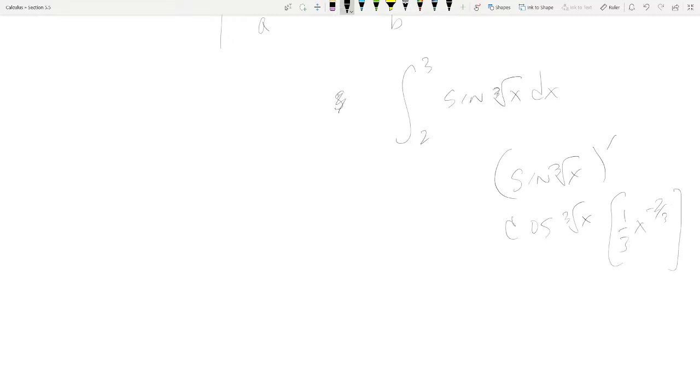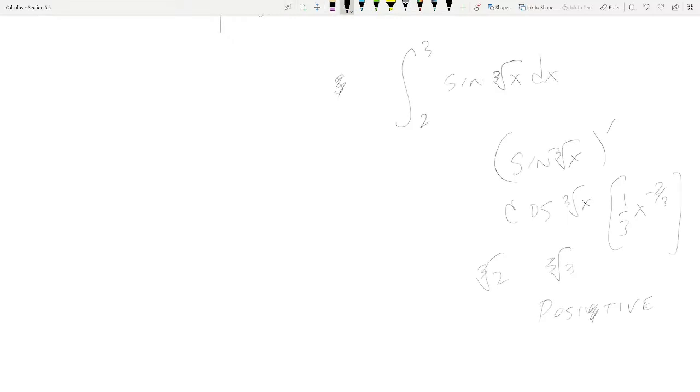Okay, but there are no negatives here, and cosine in this range between 2 and 3, it's the cube root also, so the cube root of 2 and the cube root of 3, what are those? Well, these are bigger than 1. You can put them in your calculator and you can see that this is positive. I want to dwell on the calculus part, otherwise we get lost in the weeds here. But this is positive,